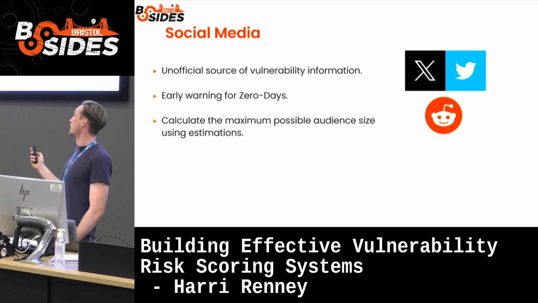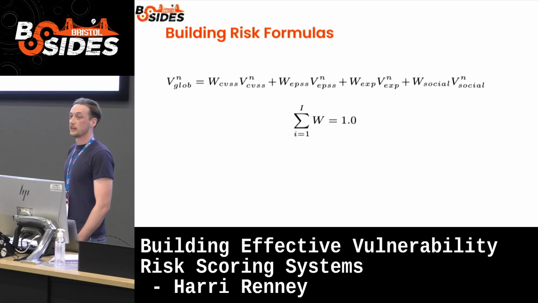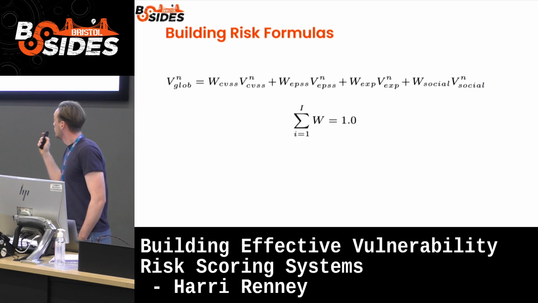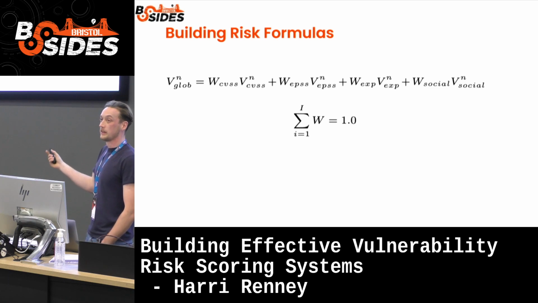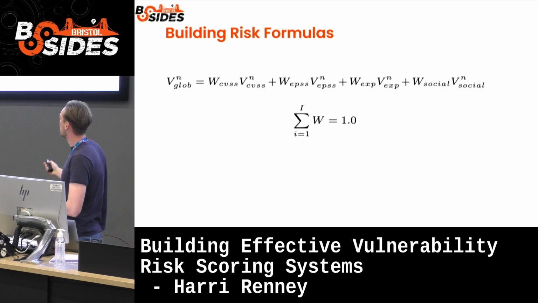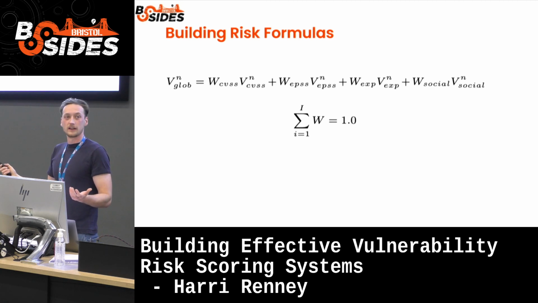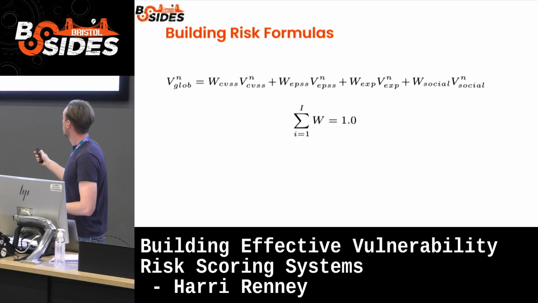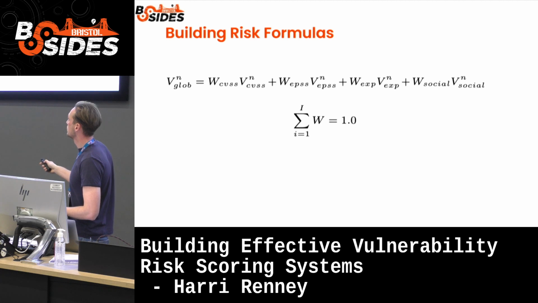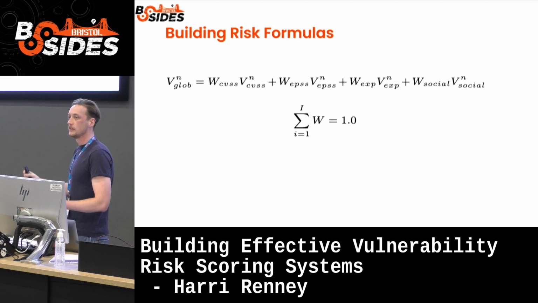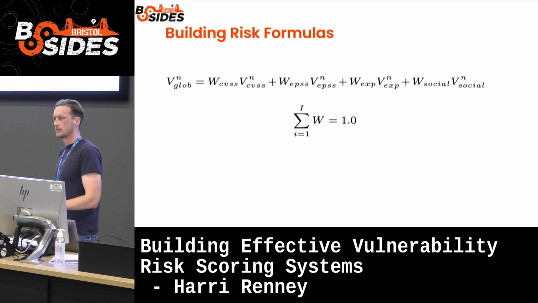So that's a lot of talk about data sources we can tap into. Let's look at building a risk formula. I haven't defined any of these on here, but I'm working on a paper where there's a full definition for this. But let's just call this a weighted calculation. We're going to take all these data points in, like CVSS, EPSS, number of exploits, social media audience. Let's bring them in and give them a weight. All the weights should add up to 1. So when you multiply each of these and add them together, you want to have that normalized range. You want your score to come out between 0 and 1.